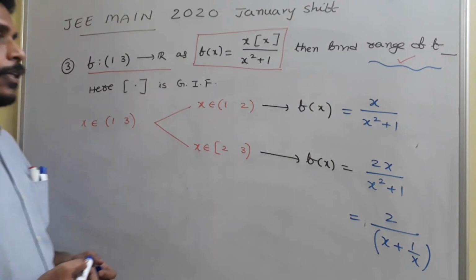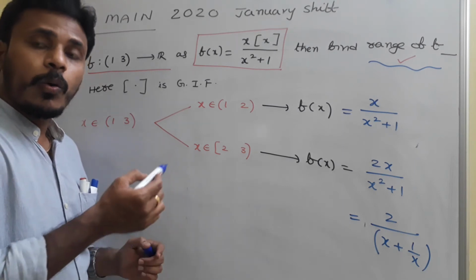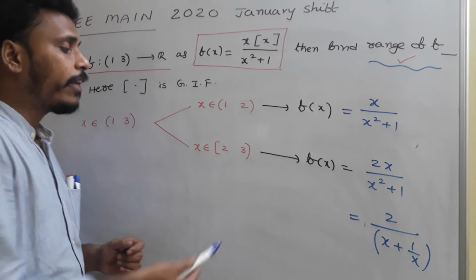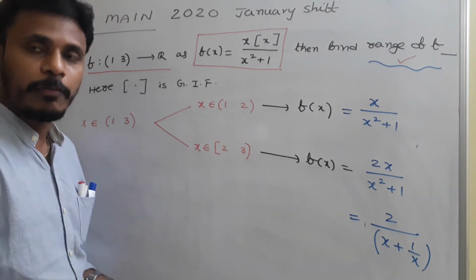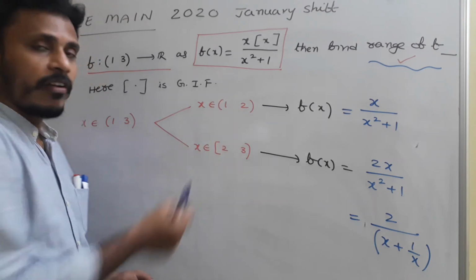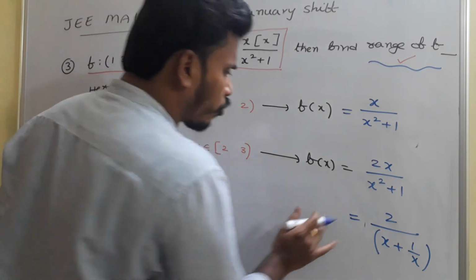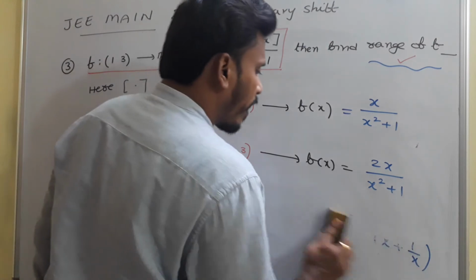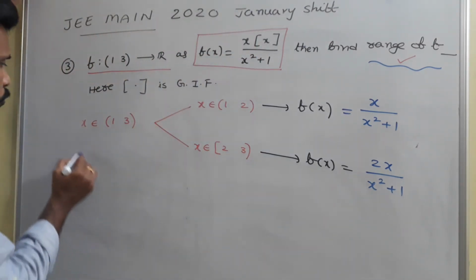Finding the range is simply nothing but finding the possible values of the function for different given inputs. Is it right? So just calculate different inputs. The domain is simple: 1 to 2 only, and here again it is 2 to 3 only. So you just calculate the function value at different points, and that directly gives you the range.